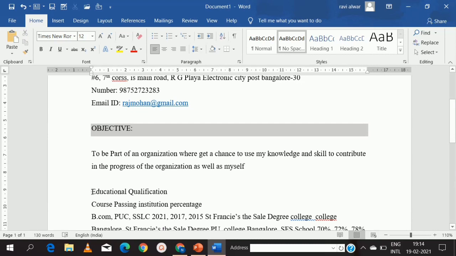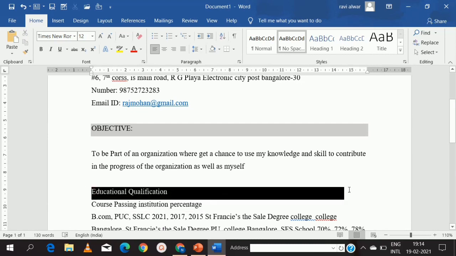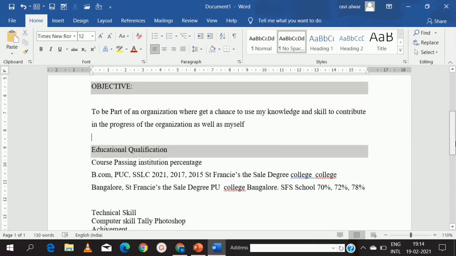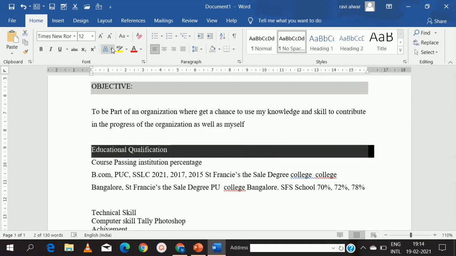So till here I'm going to select by dragging that particular area. Again I am going to click on this fill option. So here you can see I can highlight that educational qualification. Again I want all these in uppercase, so I will select the text, go to font group, click on change case, change it to uppercase.